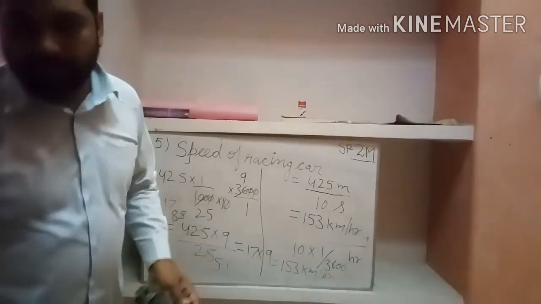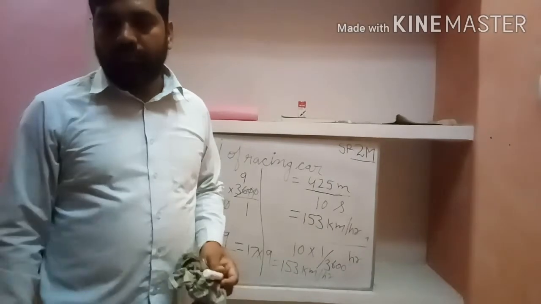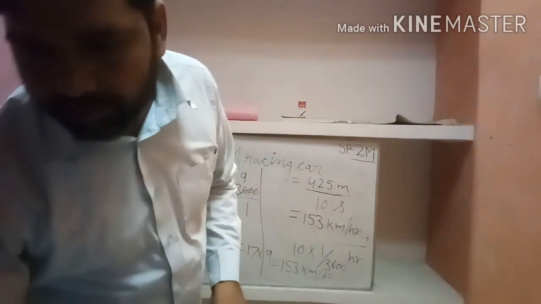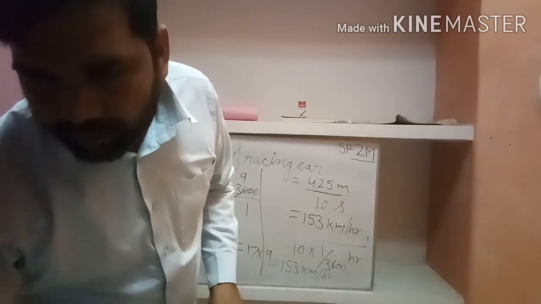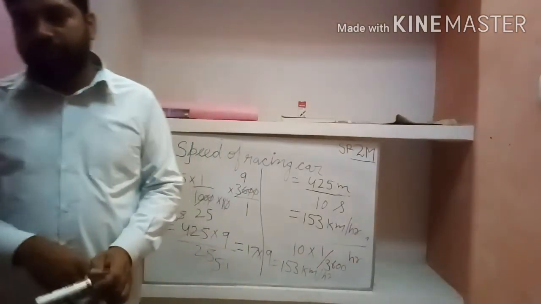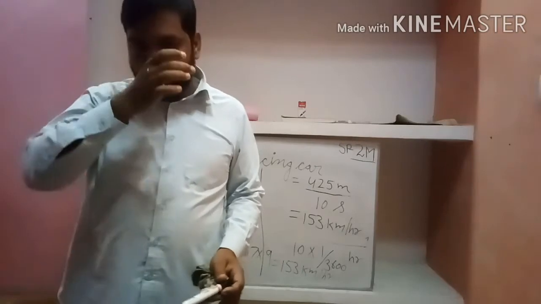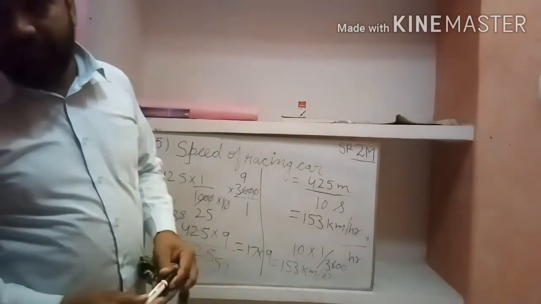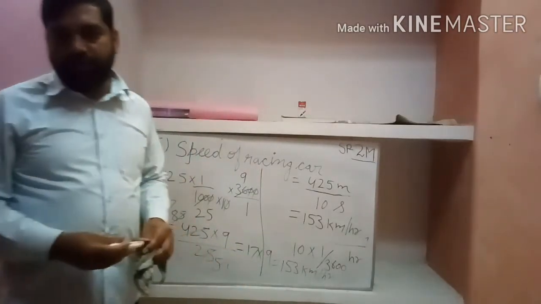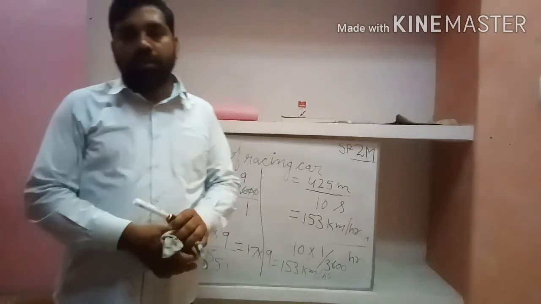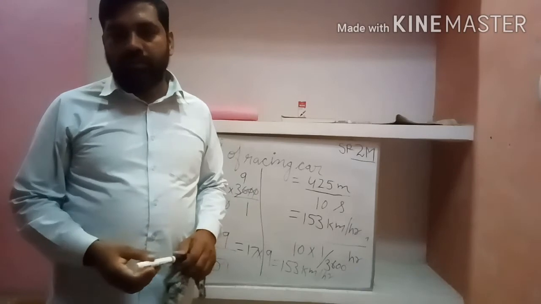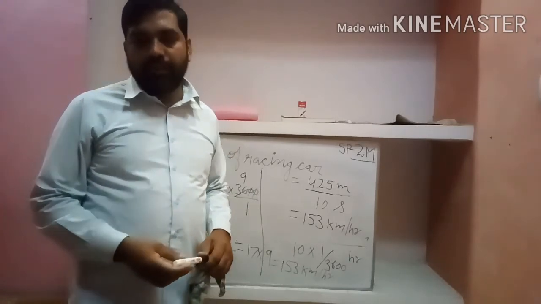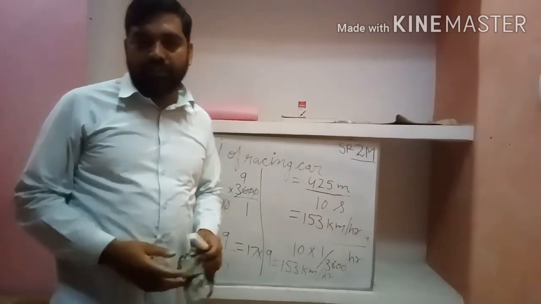So now we move to the next question. That is question number 7. Question 6 will be the homework for you. You will do it. Okay. Now see question number 7. A square and equilateral triangle have a side in common. If a side of the triangle is 15 mm long, find the perimeter of the figure given alongside in centimeters.